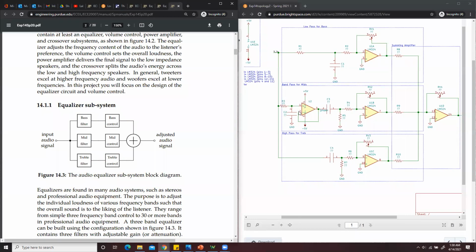All right, so that's this part. And when you calculate the frequency or the value for each component, you will use the cutoff frequency equation. So one thing you need to pay attention to is when you build these two circuits together, so this low pass